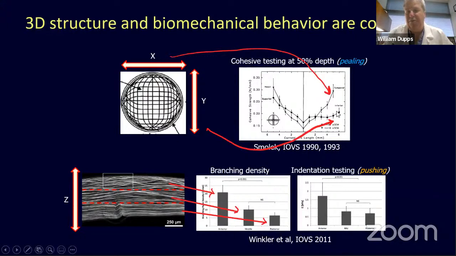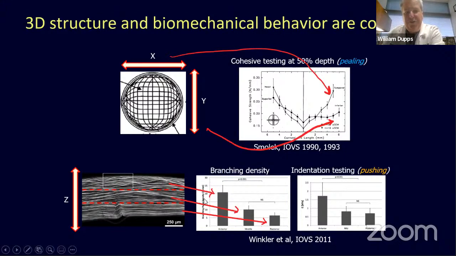More interestingly, the inferior portion of the vertical meridian is the weakest. And if we think about where keratoconus tends to present, that's the spot. And so these properties have great relevance to where we see diseases. Also in the axial dimension, the depth-dependent properties, you saw this picture before of 2-photon imaging, and we see along